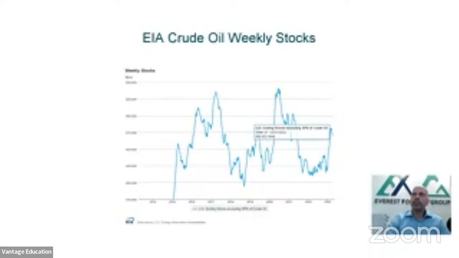Okay, so now that we have that backdrop, we are going to look at the EIA crude oil weekly stock. The EIA is the Energy Information Administration in the US. It is an energy agency that tracks a lot of information regarding oil, gas, and other energy commodities in the US. So what this chart is telling us is the number of weekly crude stocks in US inventory. Just from a general point of view, if inventory is building, or in this case moving higher, as seen in the blue line, it generally means that demand is weak, and thus